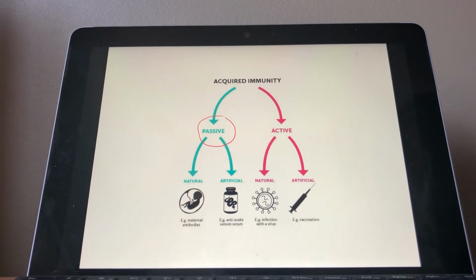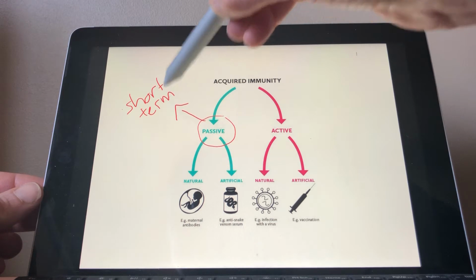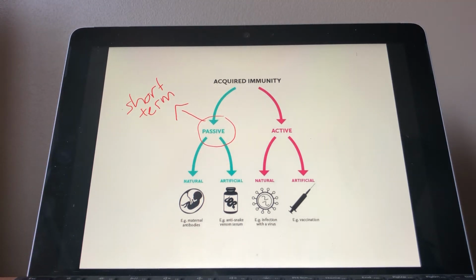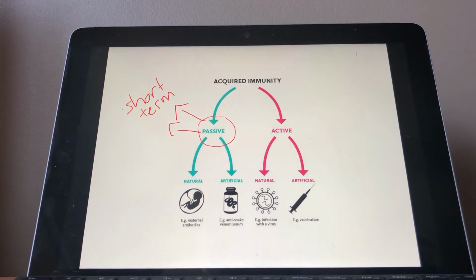Now, the first way is passive. What classifies passive is that it is short-term and you're not actually creating memory cells. Remember we talked about B and T memory cells and how they circulate around the blood, and they protect you from different pathogens as long as it remembers, and then it will elicit a response quickly if you're infected with that again. So this would be short term, and also instead of actually getting memory cells, you get